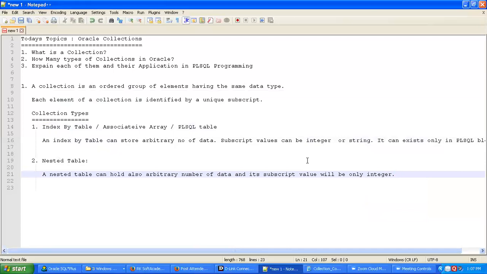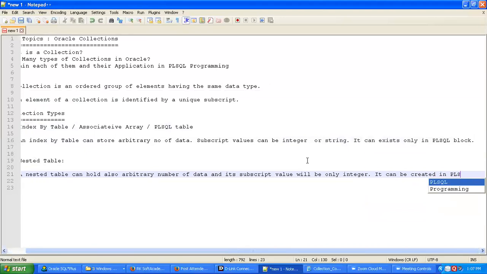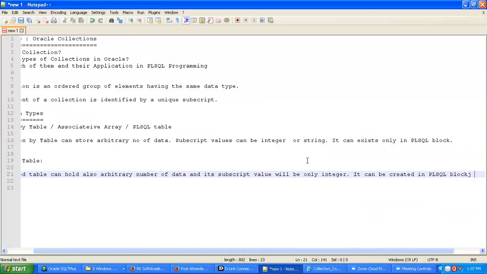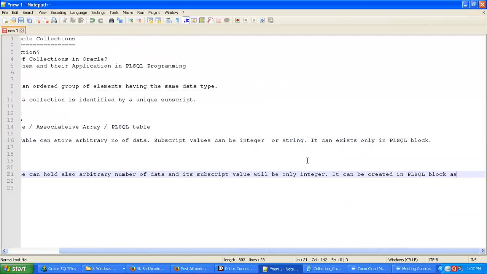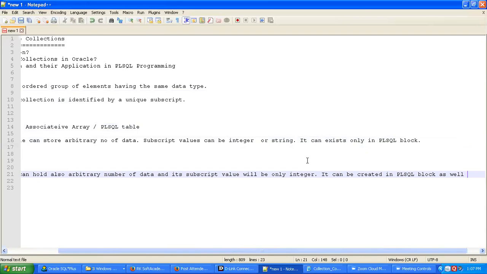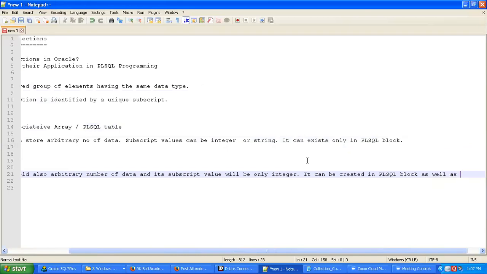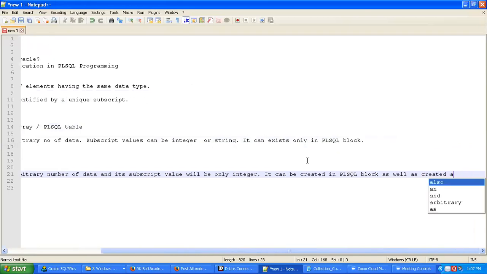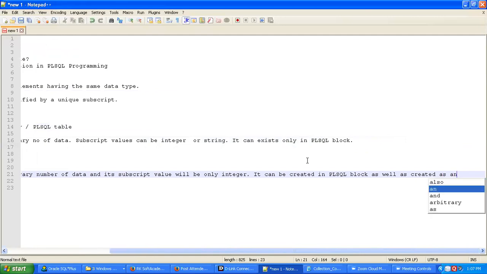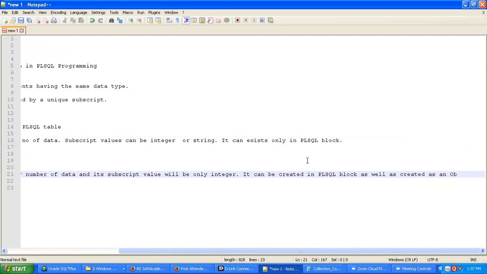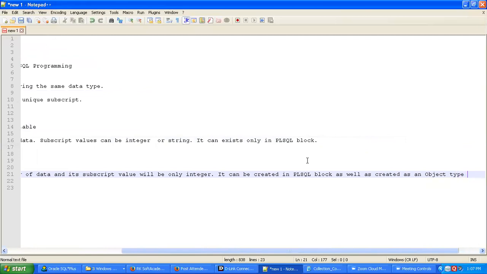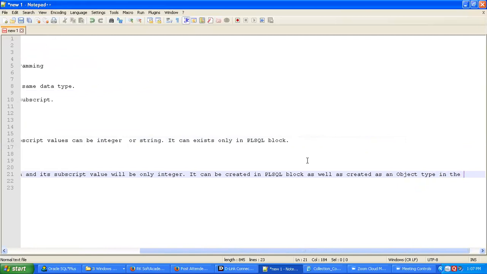So it can be created in PLSQL block, as well as created as an object type in the database. Okay,